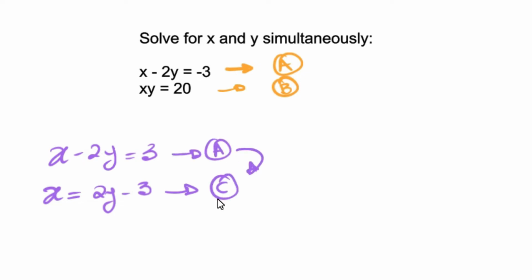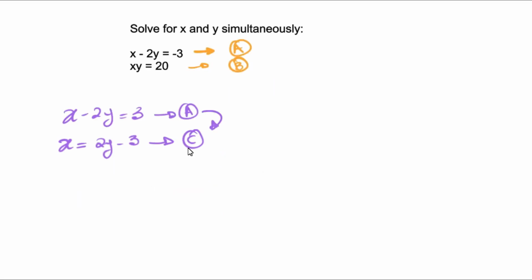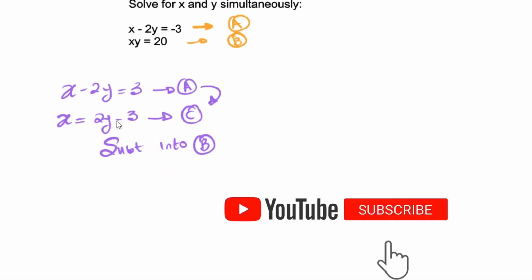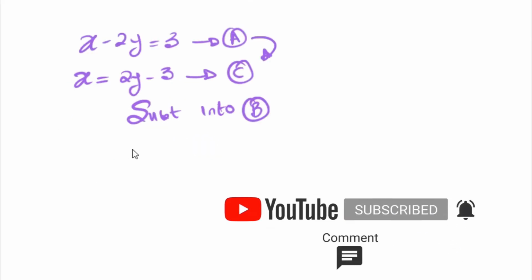So we see that equation A creates equation C. It is just a rewritten form of equation A. So now I just need to substitute this into equation B. Anywhere I see x, I put in 2y minus 3. So writing this, you would have